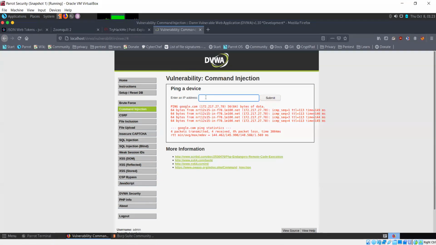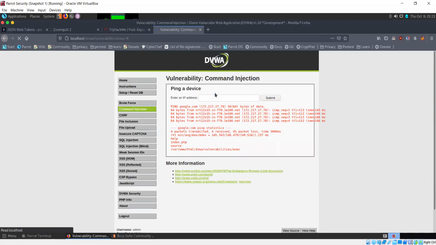Okay, now what happens if I type google.com and I add other commands as well here, ls, pwd? Let's see. Okay, so after ping google.com, it's also running ls and pwd.